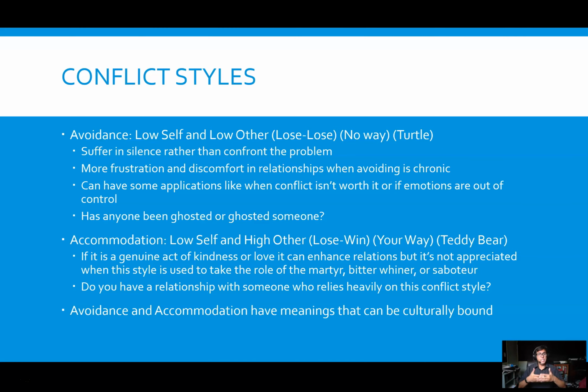In collectivistic cultures, high context cultures, or high power distance cultures, avoidance and accommodation might be a means of maintaining some of the social hierarchy and not engaging in some issues, because conflict can be seen as a relational threat in those sorts of cultures and should therefore be avoided or accommodated. So that's where intercultural communication can intersect.